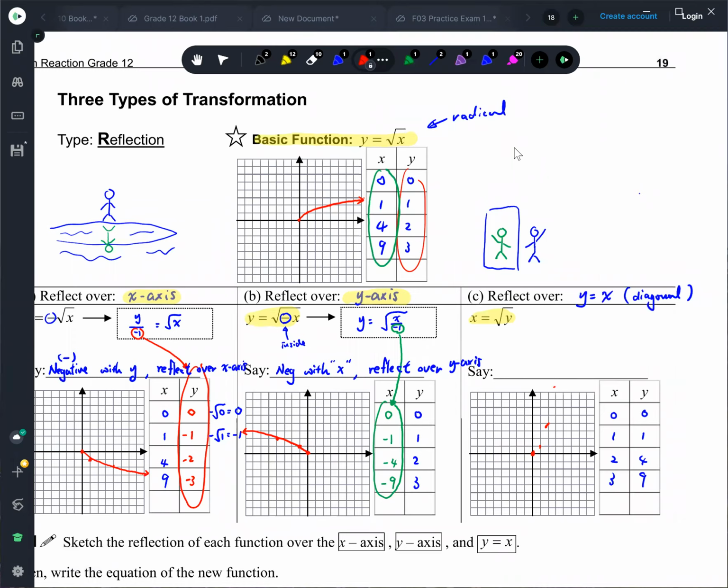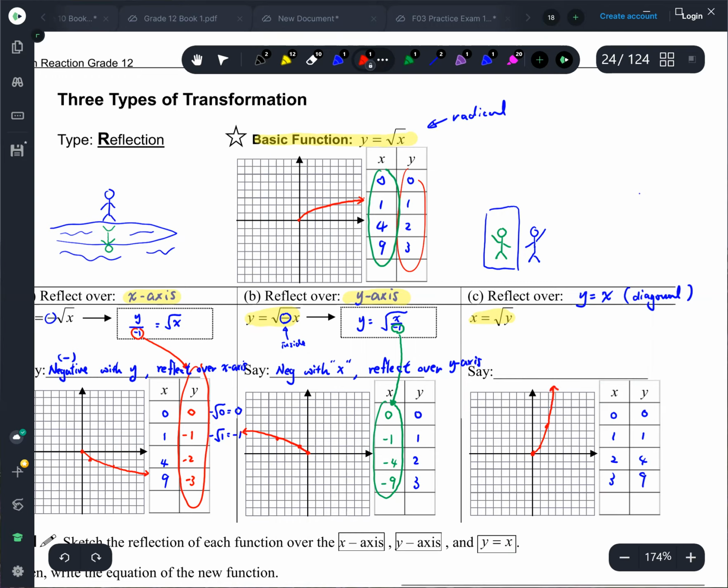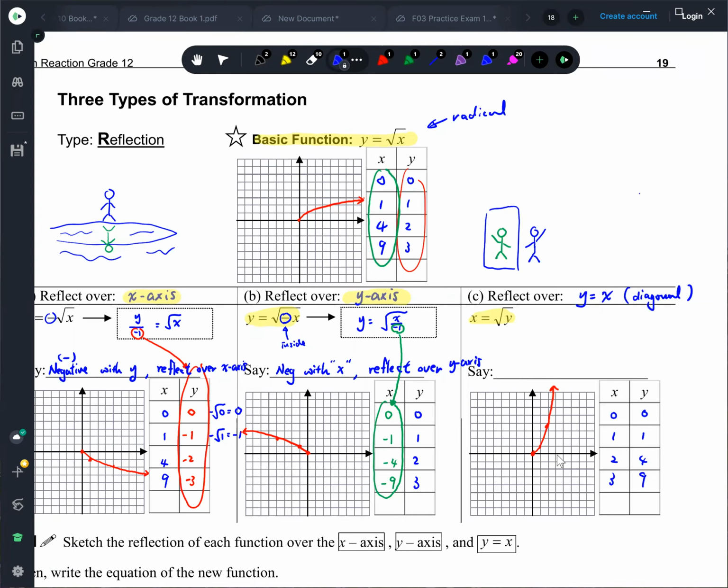Okay, please raise your hand if you finish the graph. Okay, so this gives you the right side, right? Right half. The original basic is open to the right. Inverse becomes open to the up, right? Opening up. Okay, so how do we remember this one, right? The rule for this reflection. We can say inverse